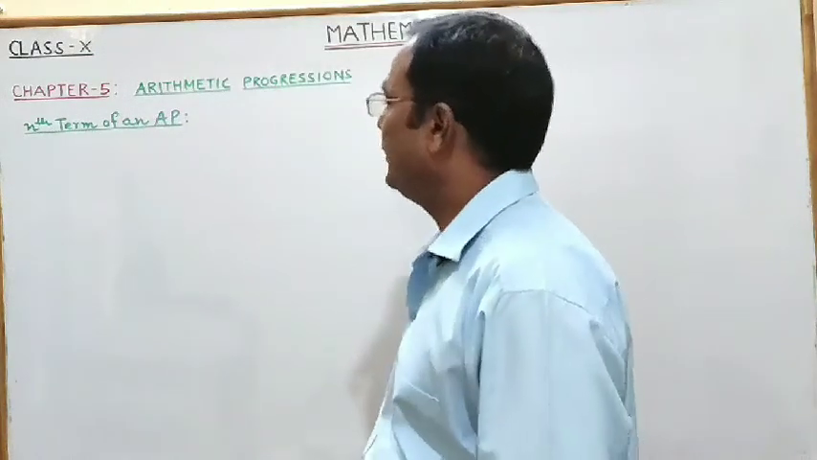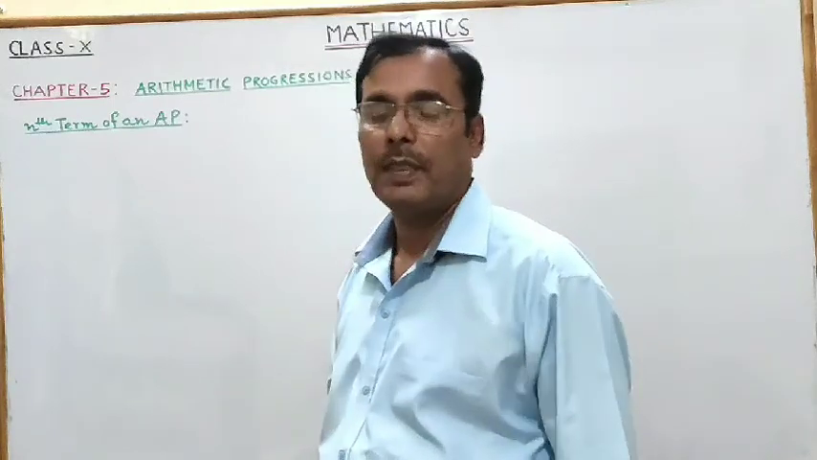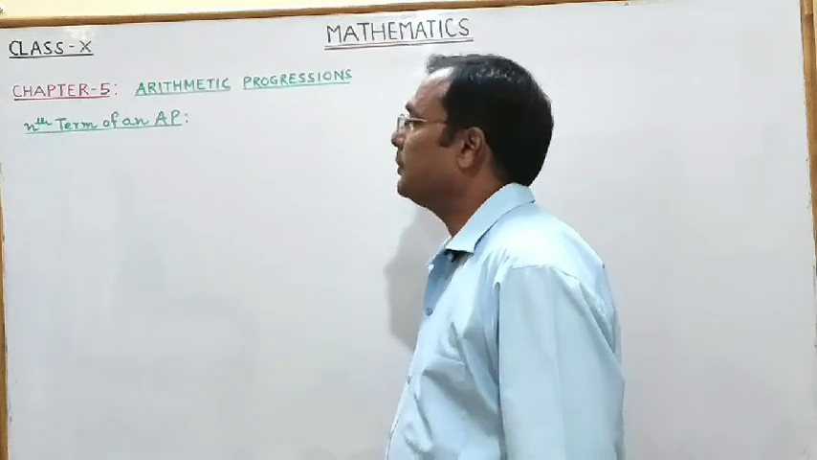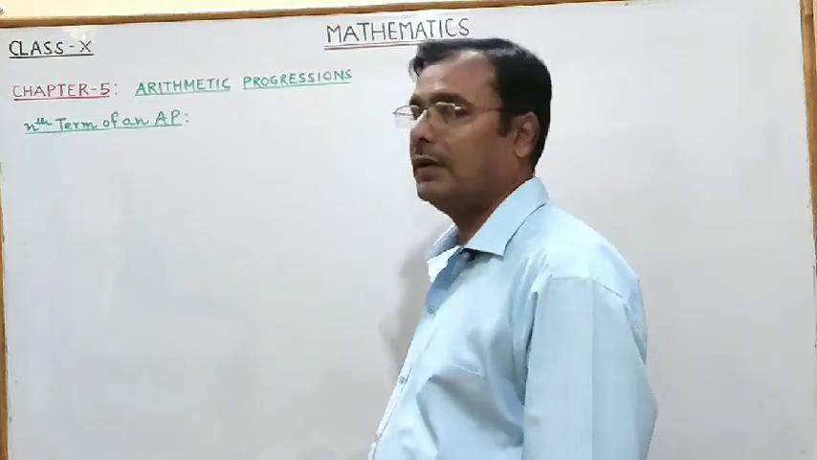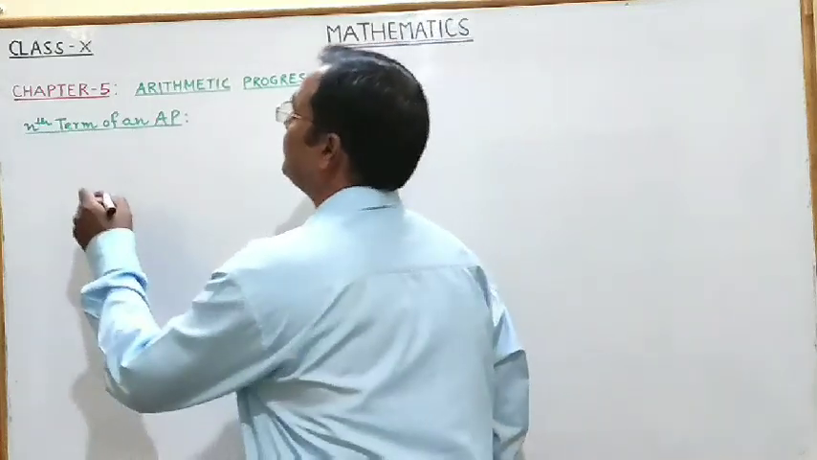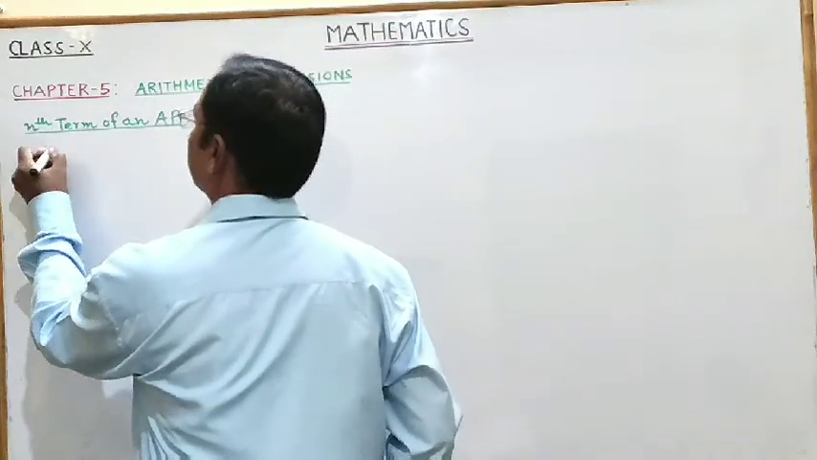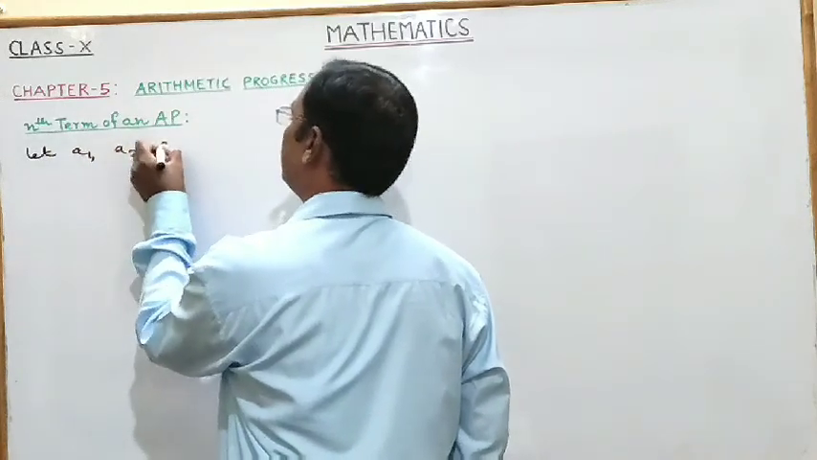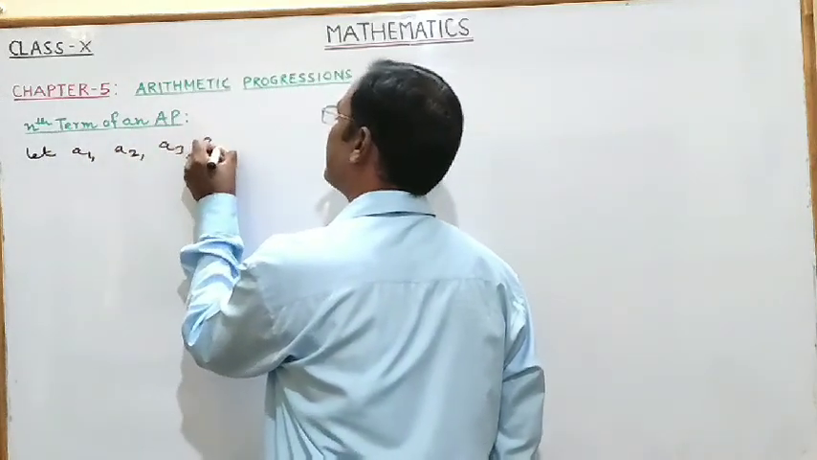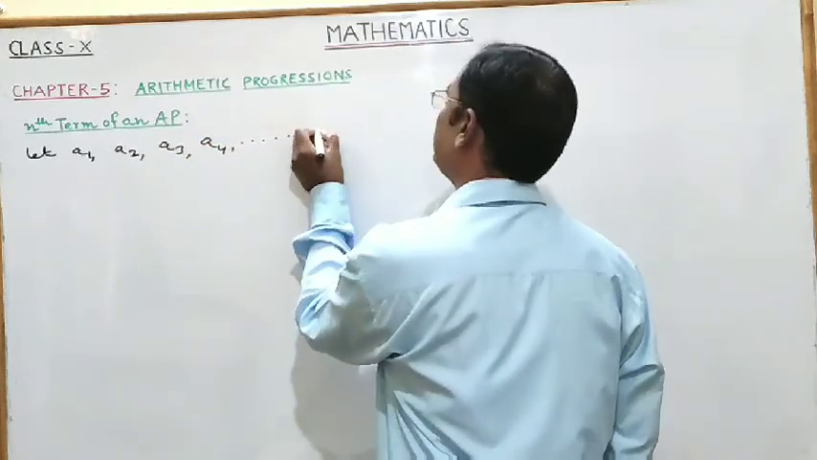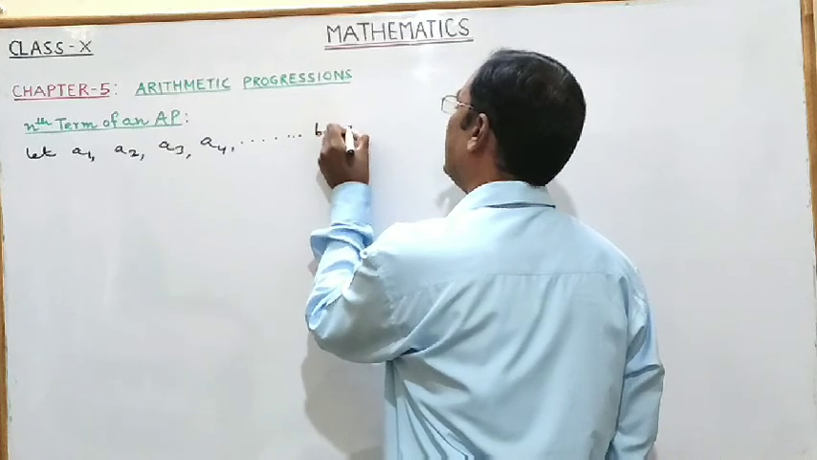nth term of an arithmetic progression, AP. Here we will find out the expression for the nth term of an arithmetic progression. So let A1, A2, A3, A4 and so on be an AP